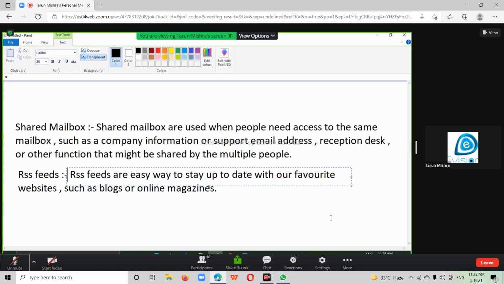Also one more thing, distribution list, DL. What is the meaning of DL? Distribution list.